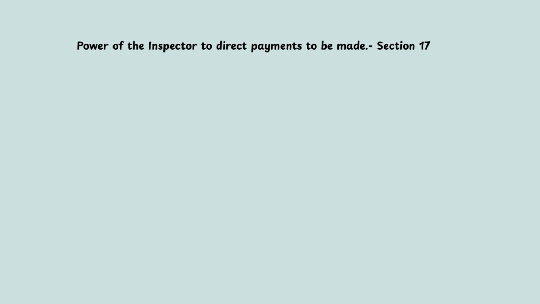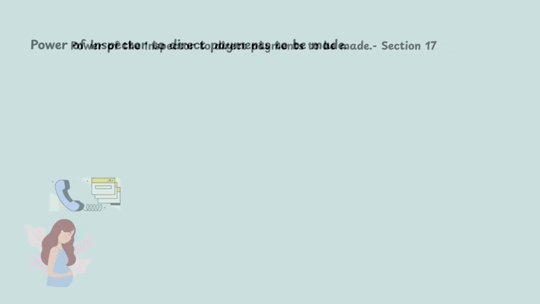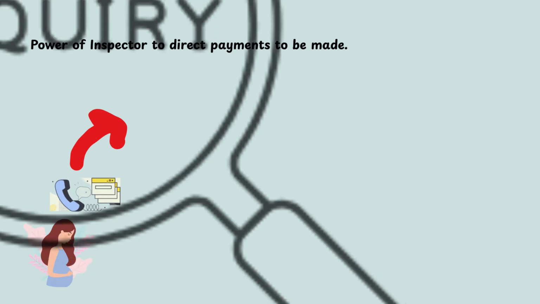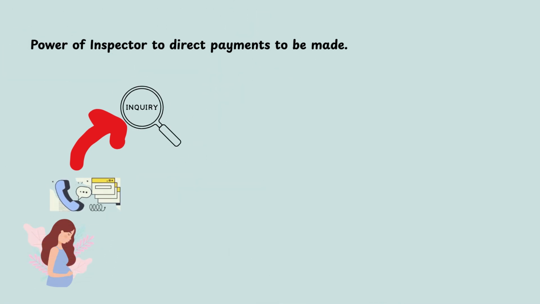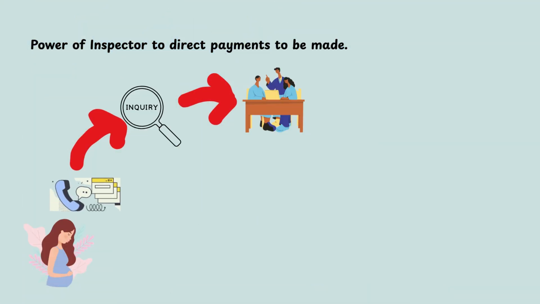Under the Act, the inspectors have a certain role in ensuring maternity rights. A woman can complain to the inspector if she has not received maternity benefit or any other amount she is entitled to, or she was fired or dismissed during or because of her maternity leave. The inspector then starts an inquiry on their own or after receiving a complaint, and if the complaint is valid, she can order the employer to make the payment or take appropriate action if the woman was wrongly dismissed.